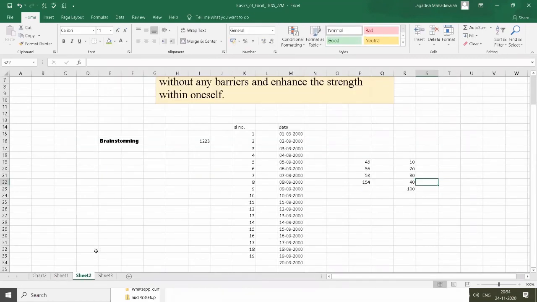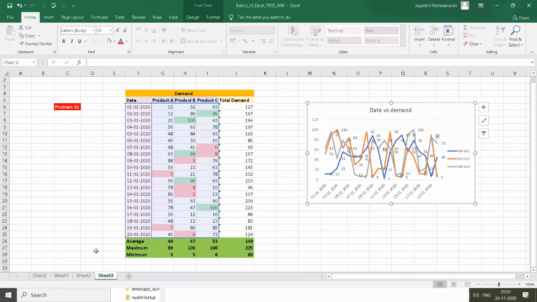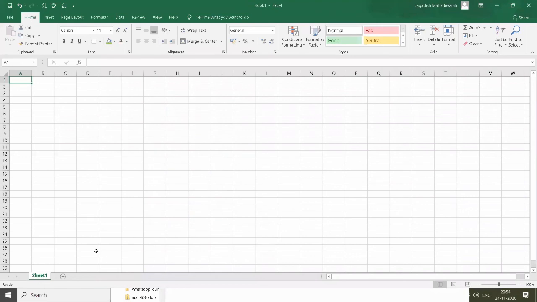And if you want to open another worksheet, you can use Control N to open a new worksheet. It's not necessary to be a capital N or small case, whichever is possible. So this is how it is done.